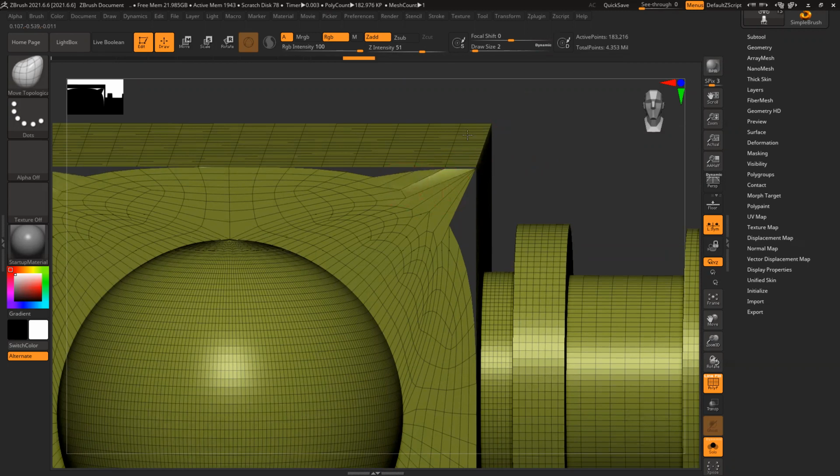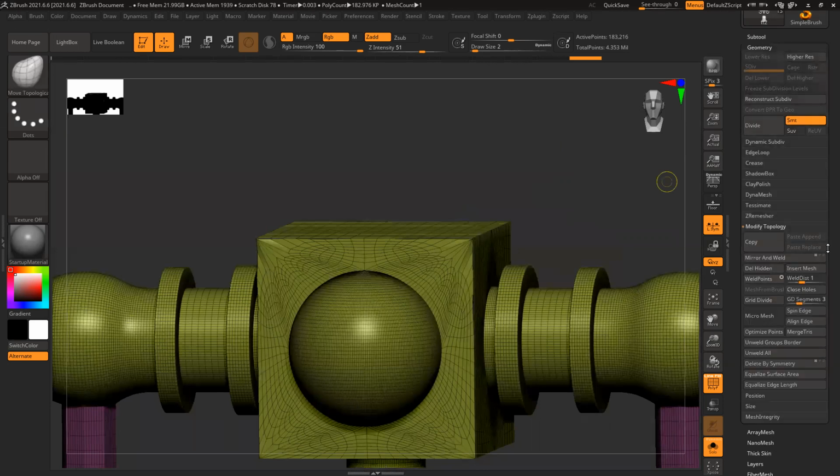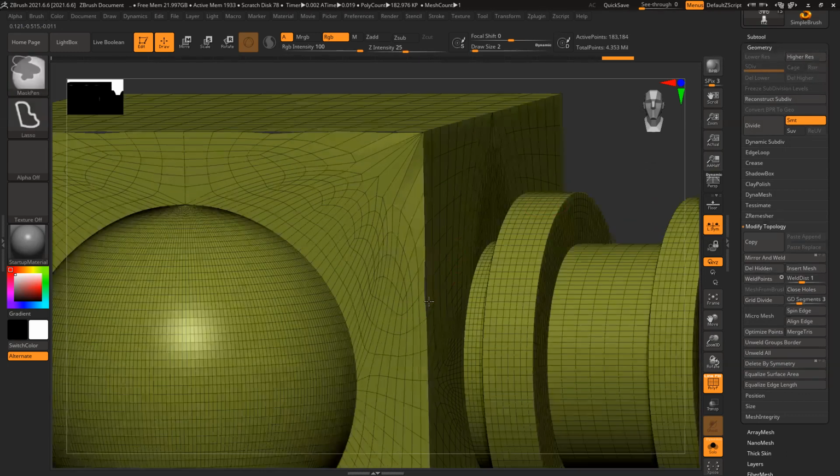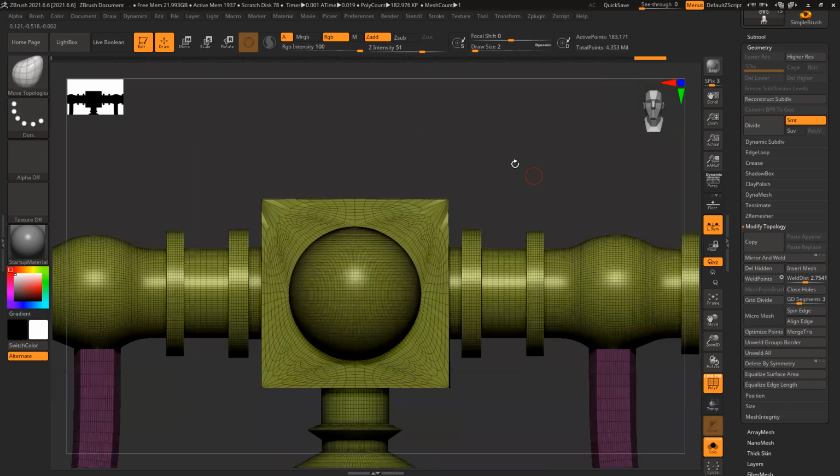Then fix it. Roughly place it there. It doesn't have to be 100% accurate. Then go to modify topology again. There's something called weld. Click on weld and then see if it worked or not. If it doesn't, increase the weld distance, click again. It will fix those issues.